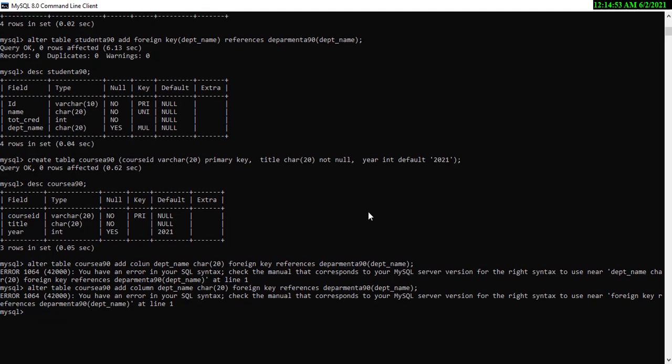I think that foreign key cannot be applied in the add column statement.